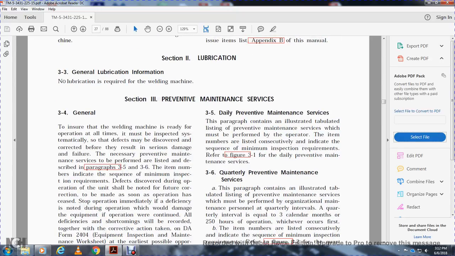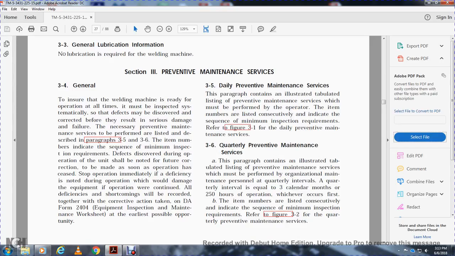Section 3, preventive maintenance. To ensure the welding machine is ready for operation at all times, it must be inspected systematically to discover and correct defects before they result in serious damage or failure, with the necessary preventive maintenance services performed as listed and described in paragraphs 3.5 and 3.6. The item numbers indicate the sequence for the minimum inspection requirements. Defects discovered during the operation of the unit shall be noted for future correction to be made as soon